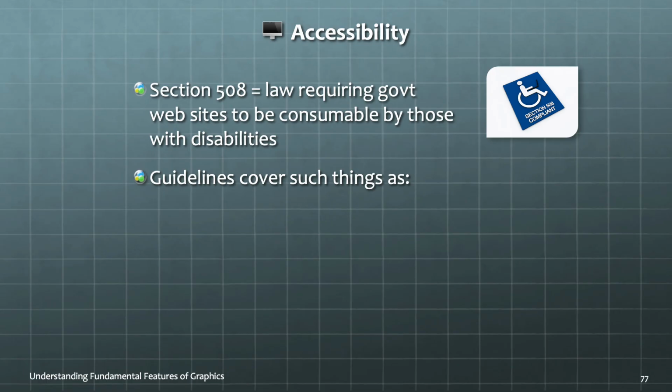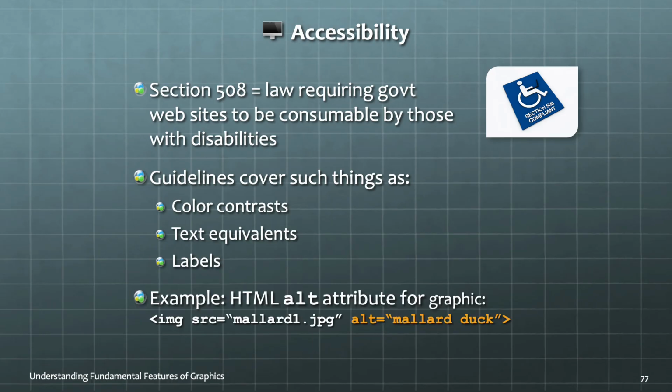Accessibility guidelines abound. This includes such things as color contrast between text and background to increase readability, text equivalents that explain what is going on in images, videos, and audio, and labels and instructions for all inputs and forms. Probably the most important example of what you should do to make your web designs accessible is to use the alt attribute for images. This is an example of what you can embed into the HTML code on a web